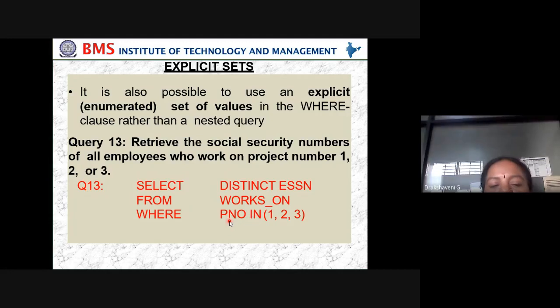And we fetch from the works on table, because we need to know which projects that particular employee is working on. With the distinct keyword, the redundancy will be removed, because in the works on table there will definitely be duplication. If the same person is working on project 1, project 2, and project 3, then it would repeat three times. We don't want that. We want it only one time, so in that case we use distinct.